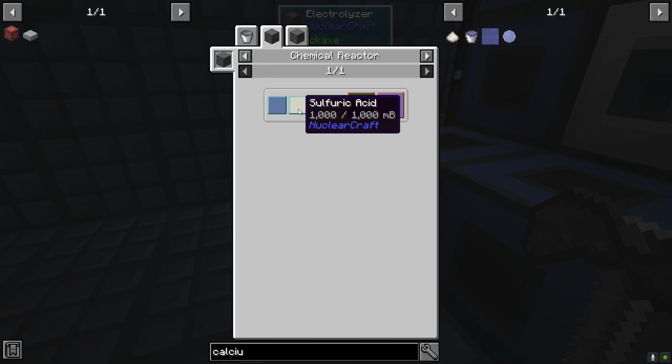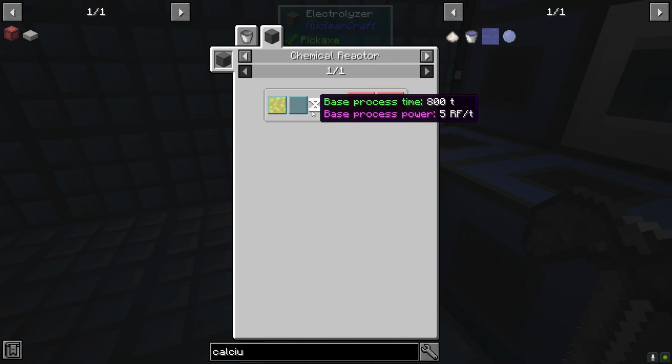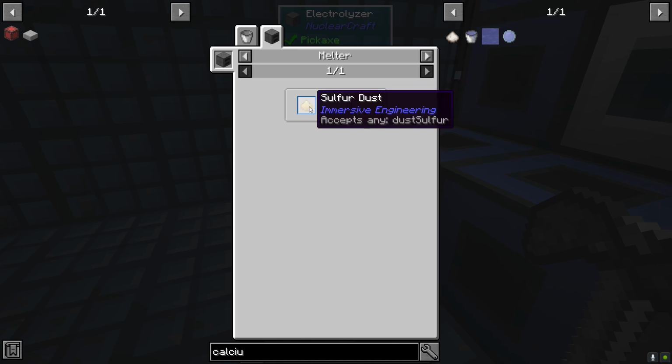Next up, we have, for this long little process here, oxygen comes in with sulfur dioxide. And then right here, we're going to need oxygen and molten sulfur to make the sulfur dioxide. Honestly, I'm probably going to set up another electrolyzer because we're going to be using an absolute ton of oxygen. But we'll see. We shall see. But